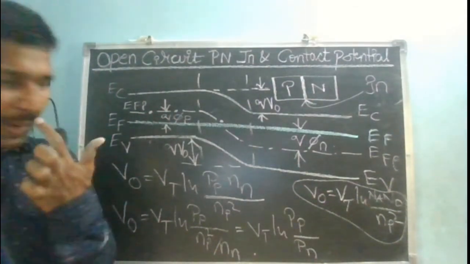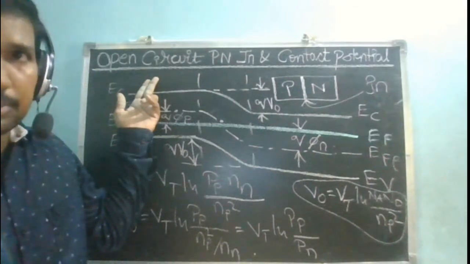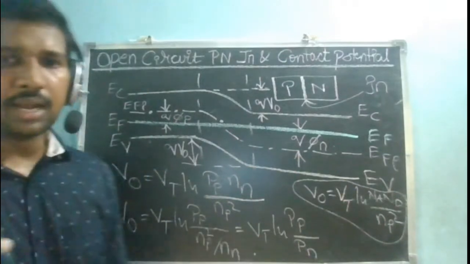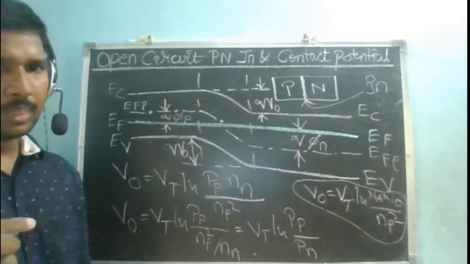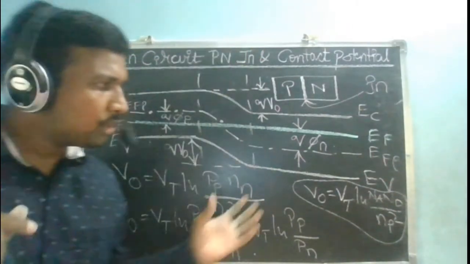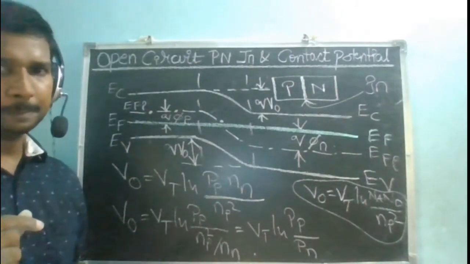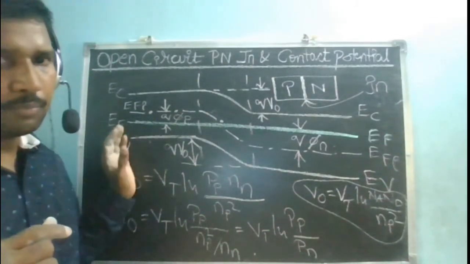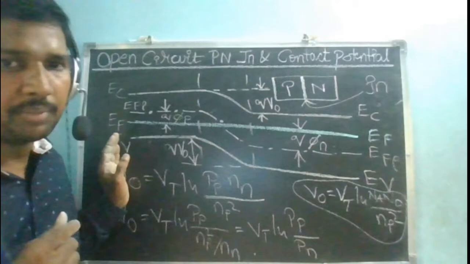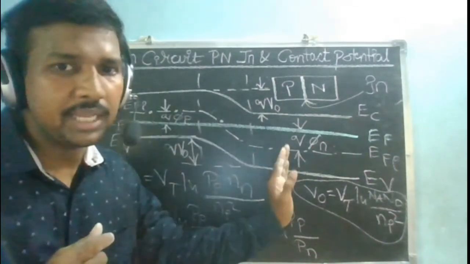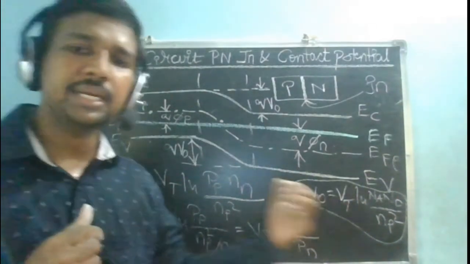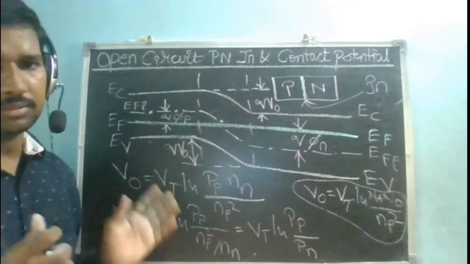So if I know how many holes are there in my p-type semiconductor and how many holes are there in my n-type semiconductor, holes in n-type semiconductor are representing what? Minority charge carriers. From where do I get the holes in the n-type semiconductor? Because of moving from the p side to the n side. When they have not moved from the p side, those holes are called majority charge carriers. But when they have jumped onto the n side, they have become the minority charge carriers from the majority charge carriers. Yes or no?